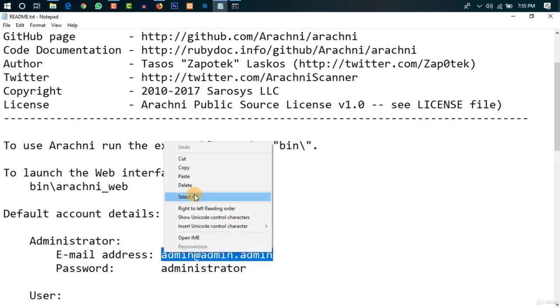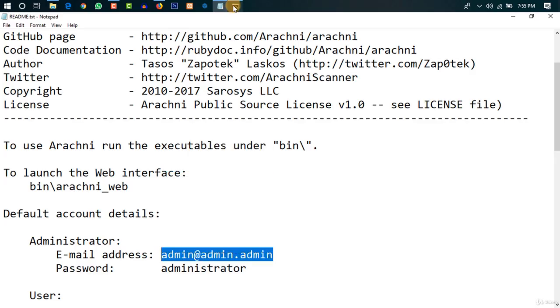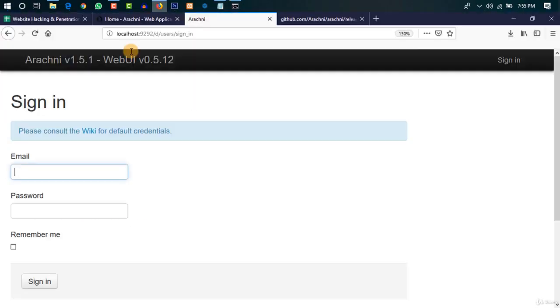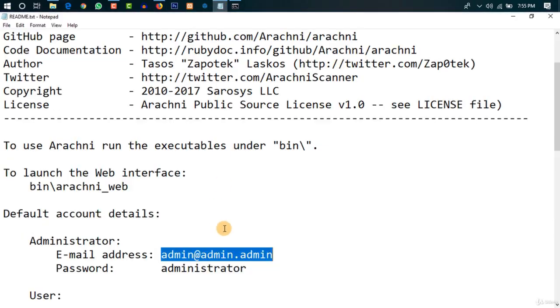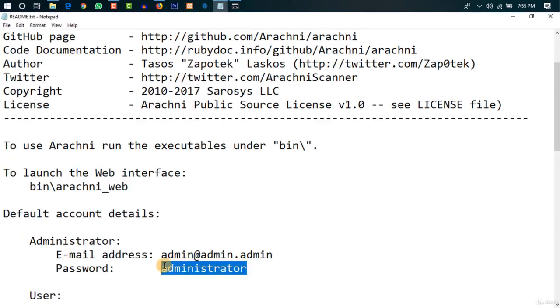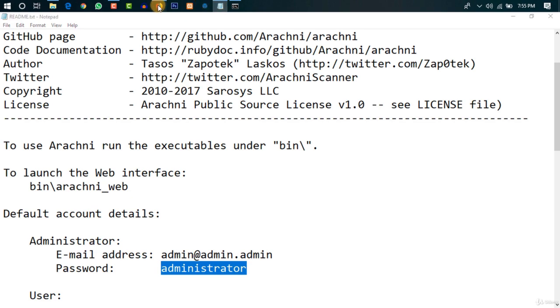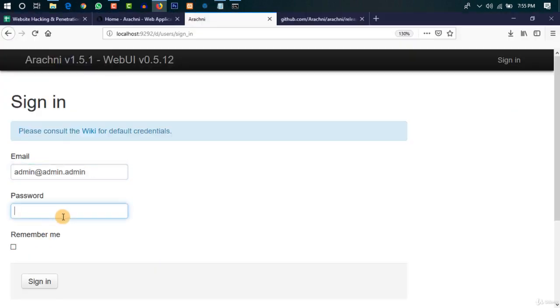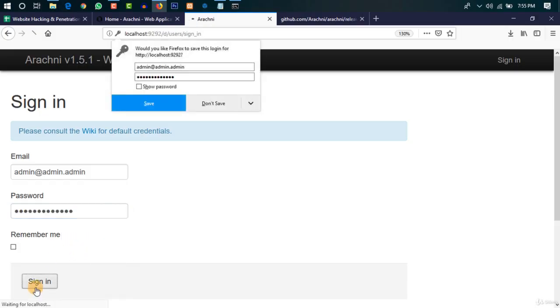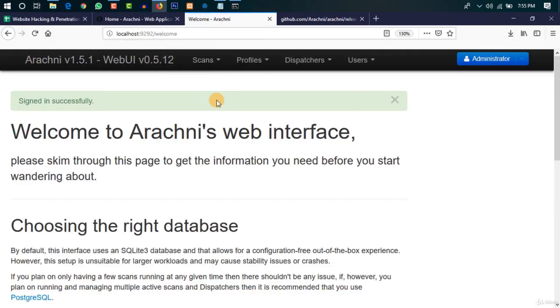just copy this thing and paste it here, copy the password, and you can always change this password and even the email from the interface. So let's just paste it here, and let's say sign in. Alright, this is Arachne web scanner,